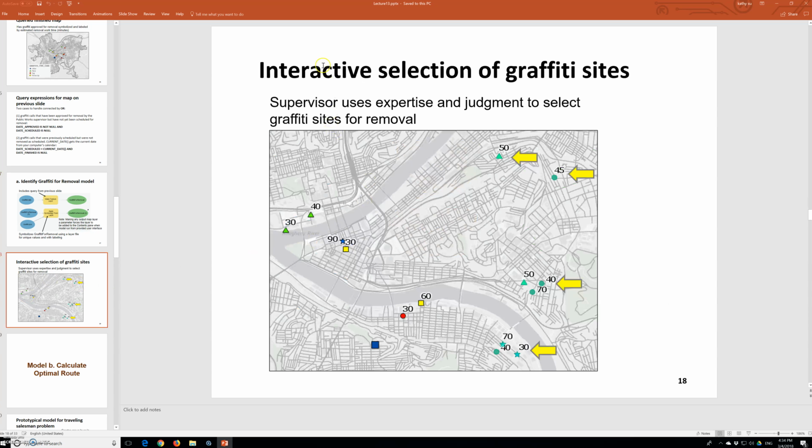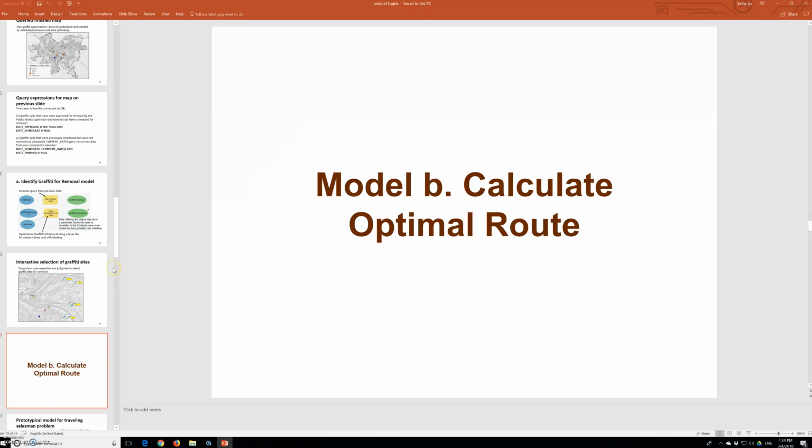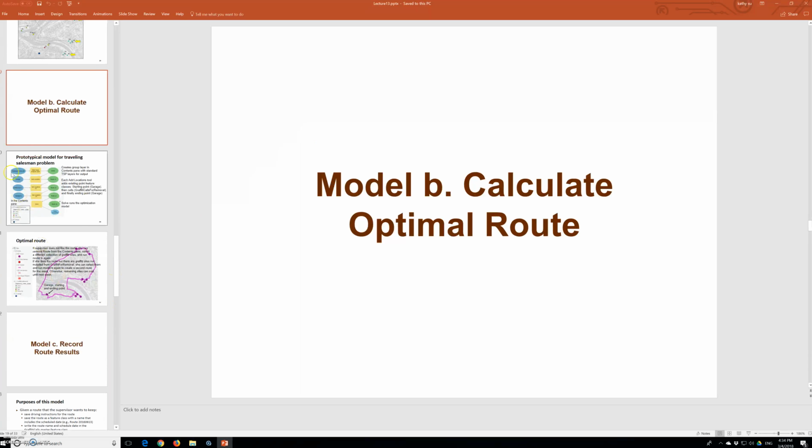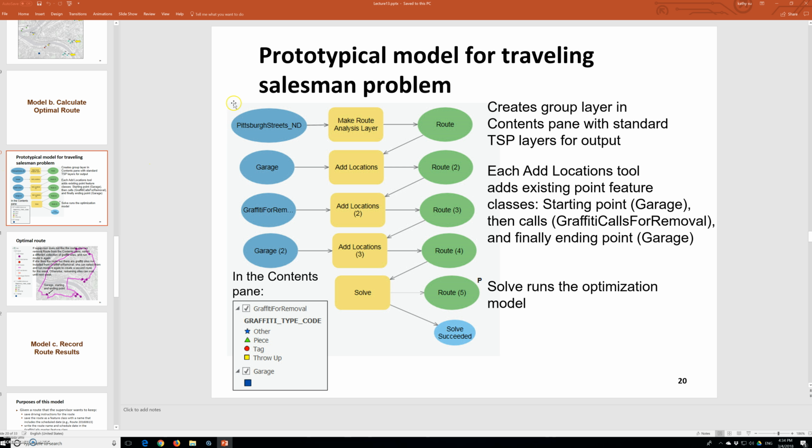So this is the interactive selection of graffiti sites. The supervisor uses expertise and judgment to select graffiti sites for removal, and calculate optimal route. That will be interesting. So now we will have a workflow. It's like this. So now we will have a prototypical model